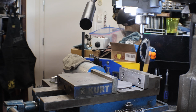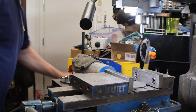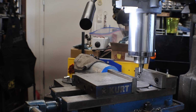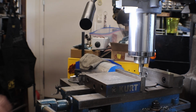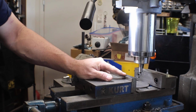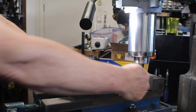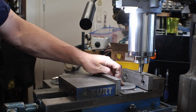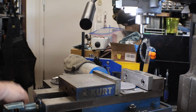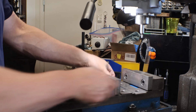Now, do your edge finder. Edge find it front and back of the inside of the jaws. And then divide that number by 2, that's your center. Okay, now it's time to cut it. So you only did your Y center so far. Now,